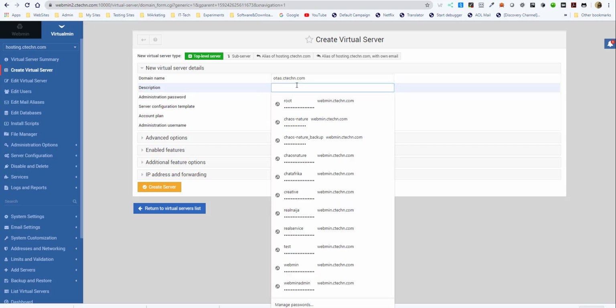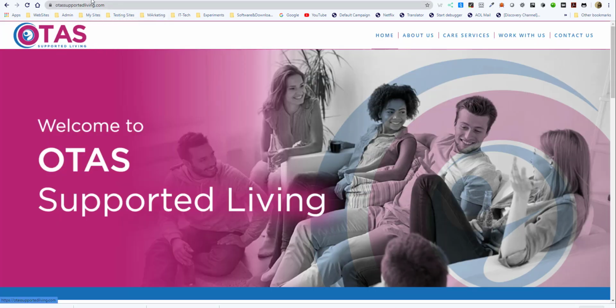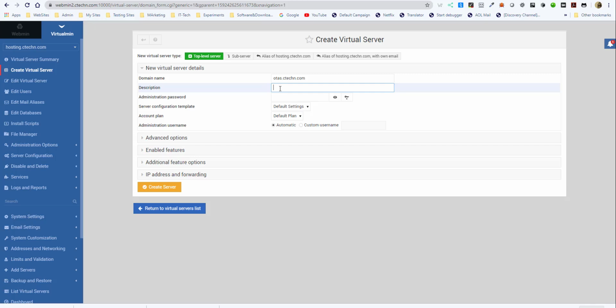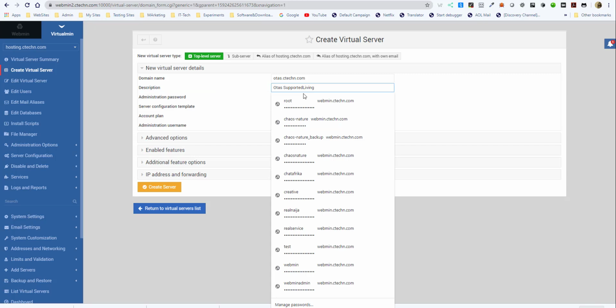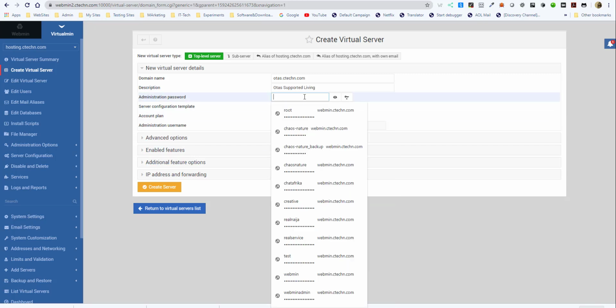That's the slogan of the site is, let's see, I've forgotten now. It's there. OTAS supported living. So we put that there. OTAS. And then the space there. The space bar is not playing up. Then I enter my password,